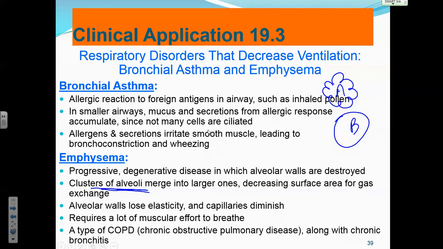But again, you're not going to be tested on these, okay? But a lot of you hear about COPD down at the bottom. That's chronic obstructive pulmonary disease. A lot of diseases affect the gas exchange because it limits the amount of air getting to the alveoli, or there's a limit to the surface area. That's going to cause somebody not to be able to get adequate oxygen in their blood. And so that's chronic obstructive pulmonary disease. You hear about that a lot, COPD. They advertise all these expensive medications for COPD.